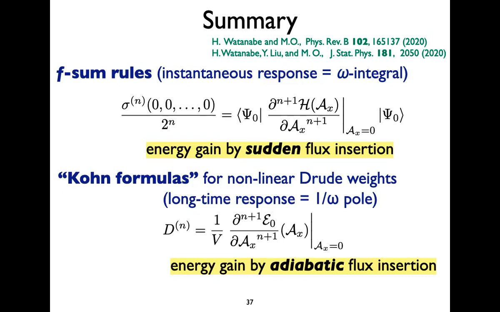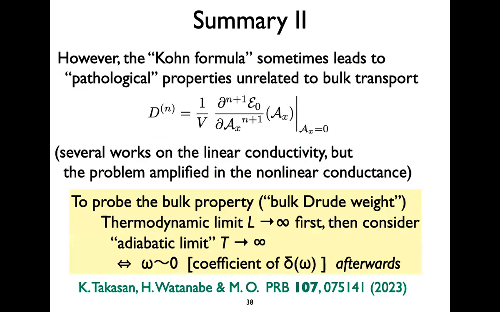Then you obtain this. And at this point, everything looks clean and nice. But if you try to compute this Kohn formula actually, then you can find a lot of pathological results. And this pathology is related to this order of limit business. So we argue that in order to really study bulk transport property, you need to take the